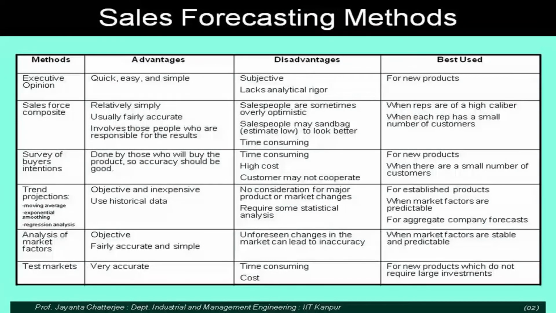So, as you see on your chart, there are 5 or 6 different approaches to sales forecasting given here. The first one is a qualitative one, executive opinion. Executive opinion means that the people who are involved in that particular sales activity, it could be the vice president, it could be the general manager, it could be the manager, all the people who are at the upper level of the sales activity, their opinion